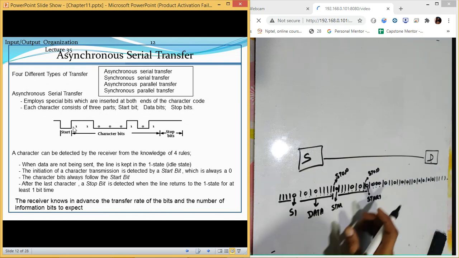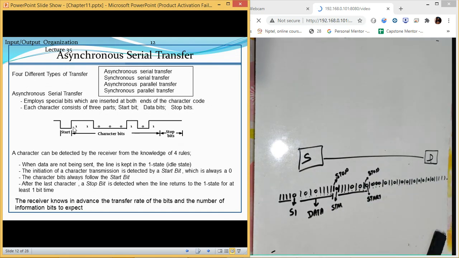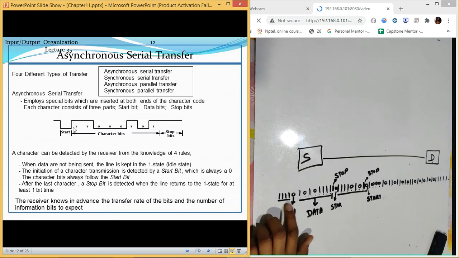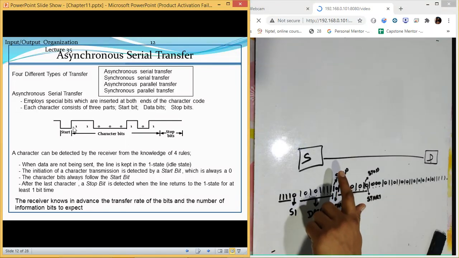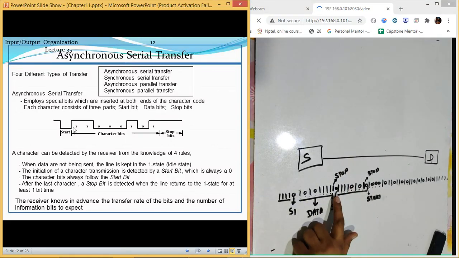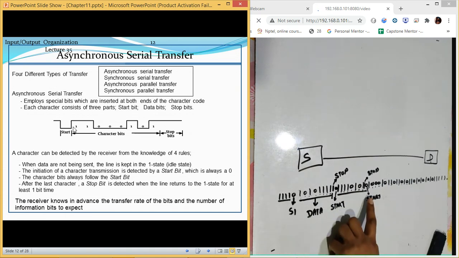So this is how you can decode it, how it is going to work. After some ones, if there is 0, we count 8 bits, and then we have a stop bit. Then after that, if there is a 0, it is a start bit. After the start, 8 bits are transferred again, then a stop bit.